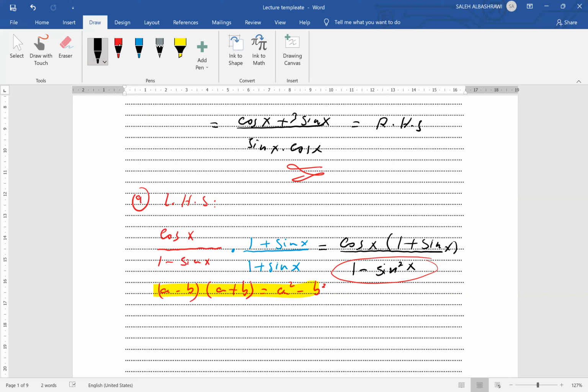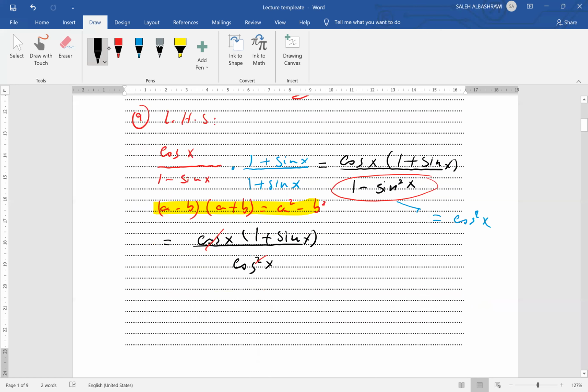So this is equal to cosine x multiplied by 1 plus sine x divided by cosine square x. Now I can simplify, taking cosine with the square. Then I will have 1 plus sine x